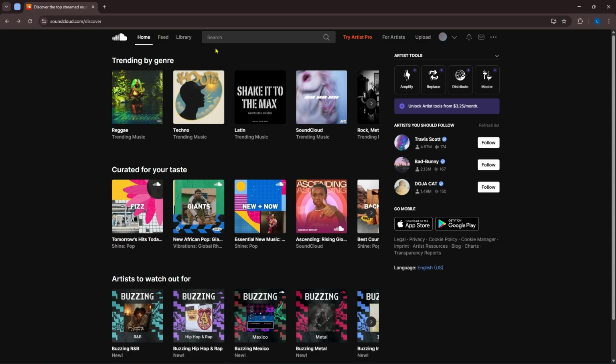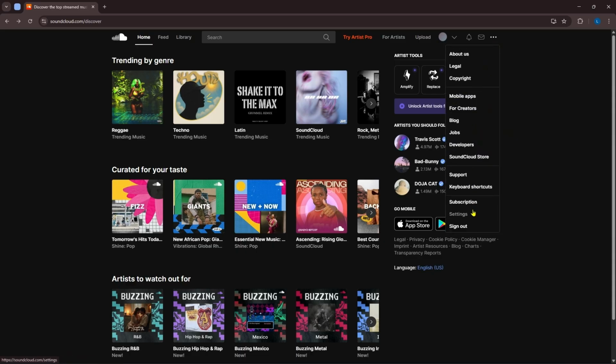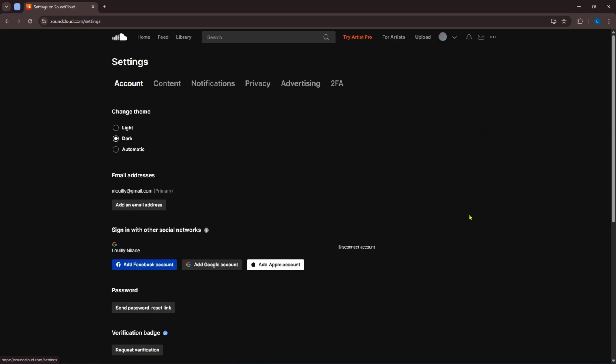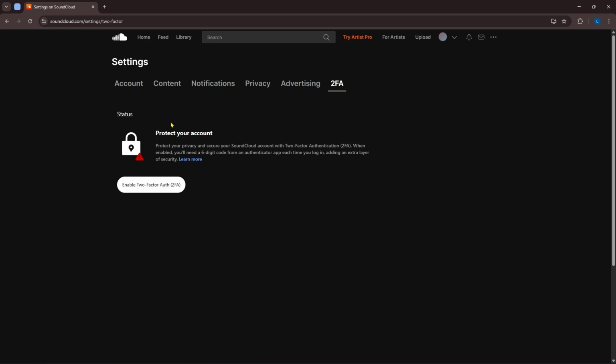Of course, you want to go to their site, and then on their site, there's a three dot sign on the upper section. Tap it, go to Settings, and then you will see a two-factor authentication or the 2FA. Click that, and then since mine isn't enabled and you want to disable it, you just want to click